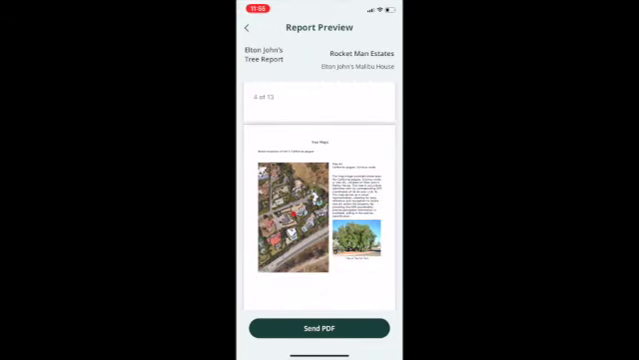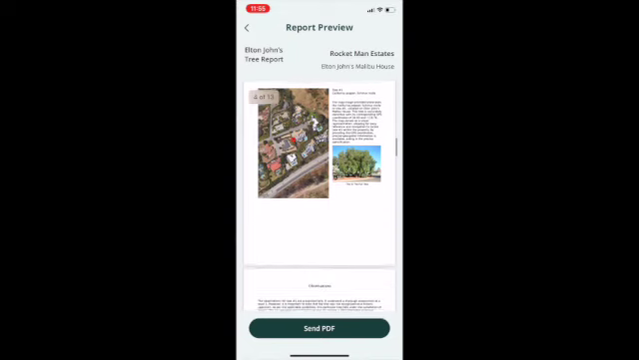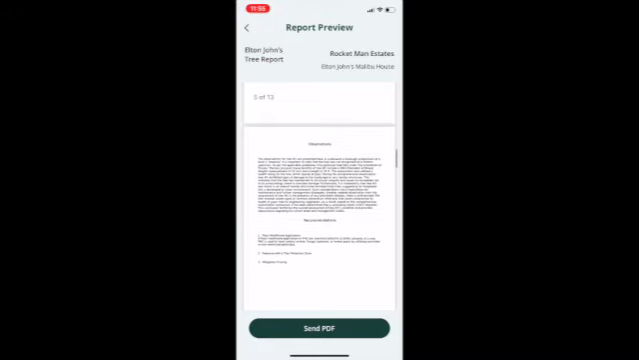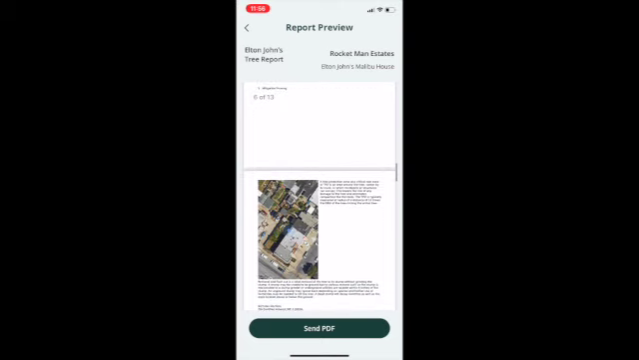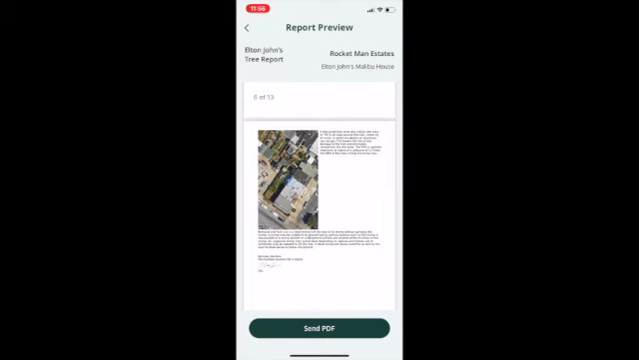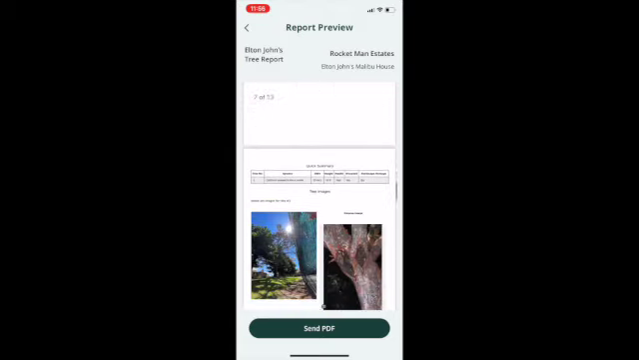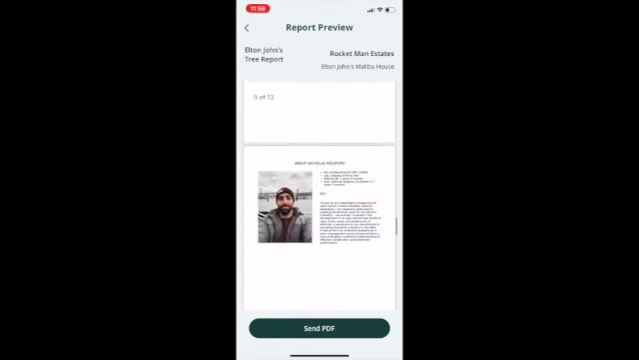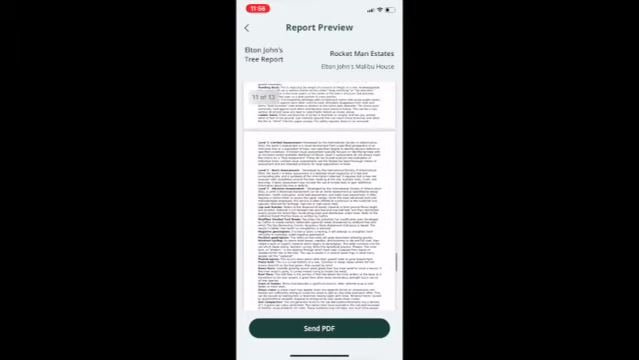Now here's your tree map, where it's going to show you the location of the tree that you pinned, as well as GPS coordinates, observations, recommendations, as well as your quick summary and additional photos. Your biography, glossary of terms,